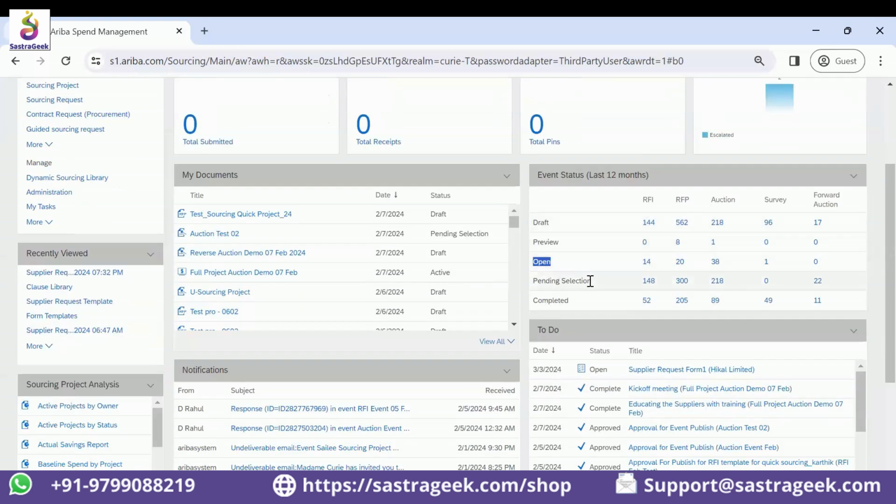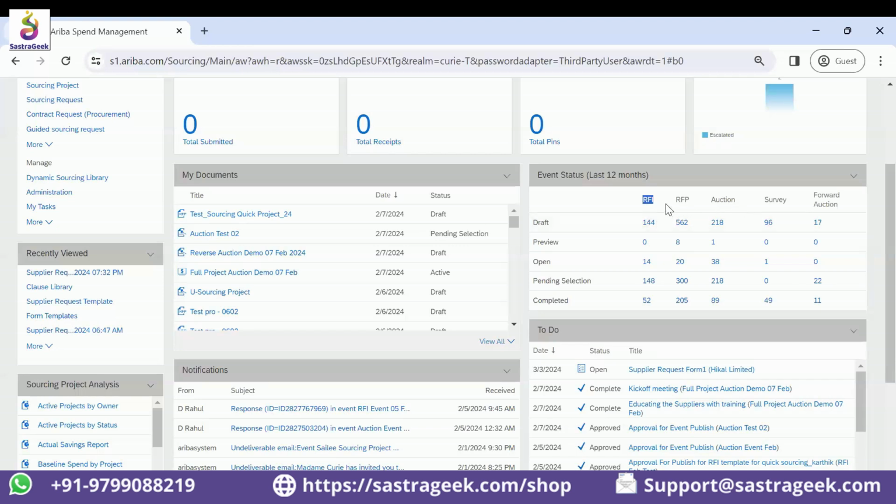Once the time is over, it will go to pending selection. That means I need to select the vendor. Once I have selected the vendor, it will go to the completed status. So these are all the 5 level statuses which you find for the event. For the last 12 months, so many drafts have been created, like RFI. RFI is nothing but request for information. So like RFQ, we have